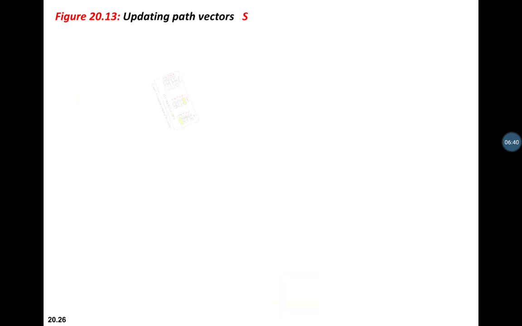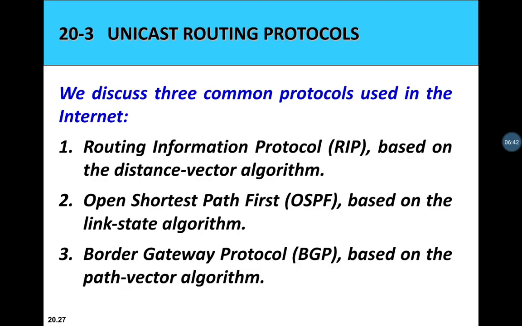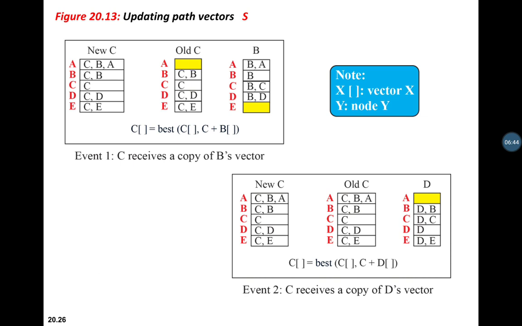Now we can use an equation also to update these path vectors. It is the same as the Bellman-Ford equation, which tells that path of xy will be taken as the best route, where it can be the path of xy or it can be some x plus path of vy. So here plus is to add x to the beginning of the path.